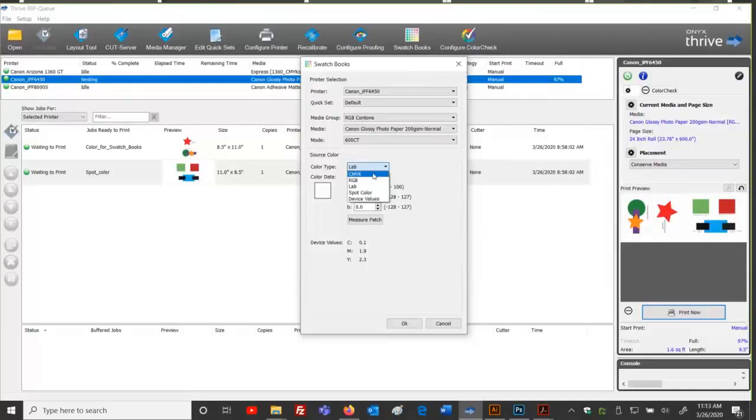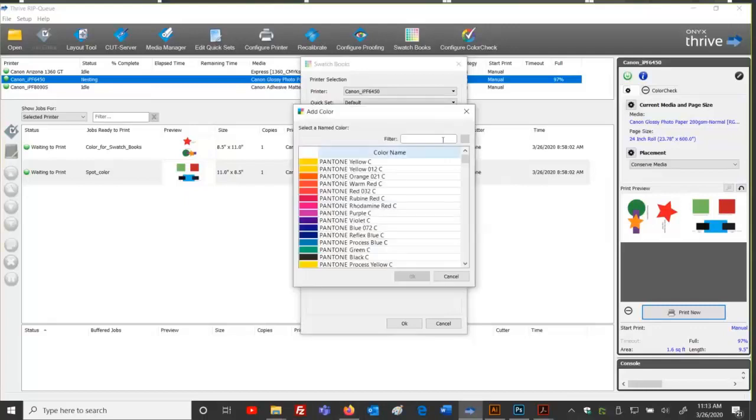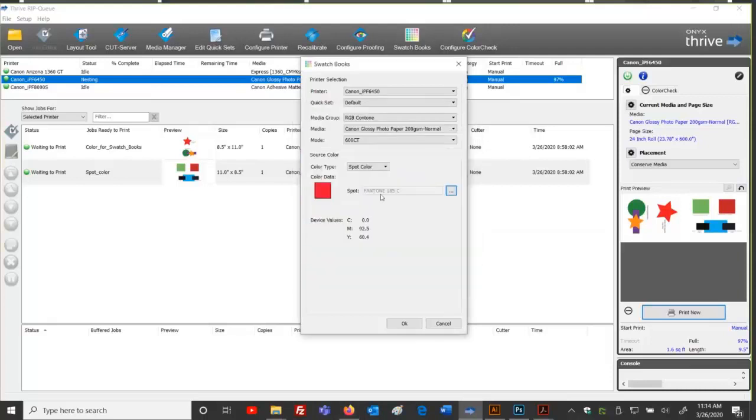Oh, and by the way, naturally, if we had to match a Pantone color, like for red, a 185C, I could measure directly off my Pantone swatch book, my little Pantone booklet that I get. I can measure right off the end of that color. Or if I go to spot values, spot colors, I get the search command here, and I'm going to search for my color. So maybe I'm looking for Pantone 185C. I type in the number, I click the color I want, hit OK, and now it's loaded into my library for swatches, Pantone 185C.